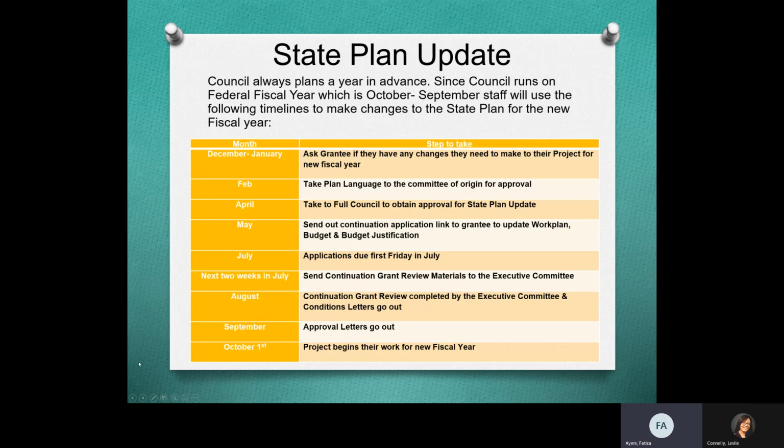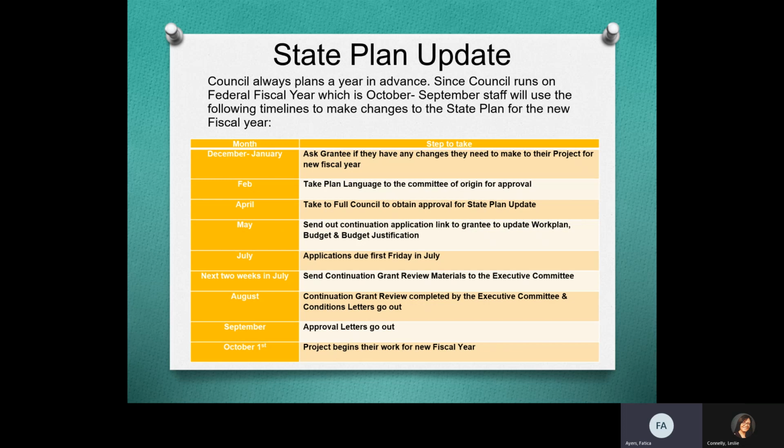Now, the reason I wanted this segment is that council always plans a year in advance. And since council now runs on a federal fiscal year, which is October through September, staff will use the following timelines to make changes to the state plan for the new fiscal year.